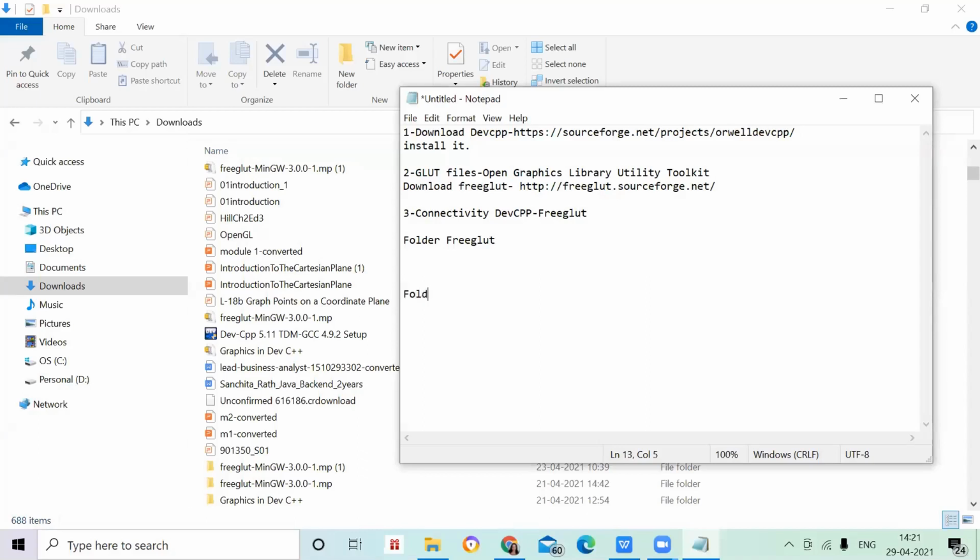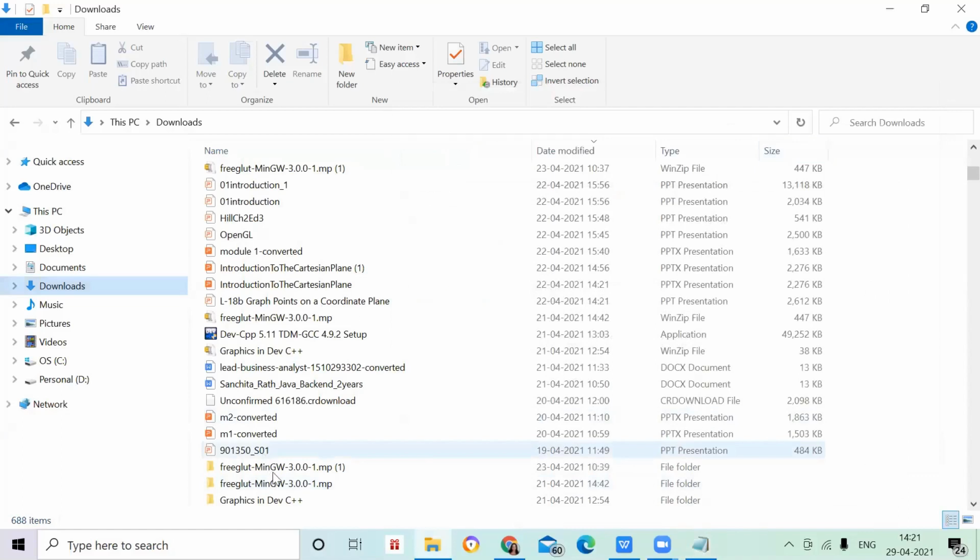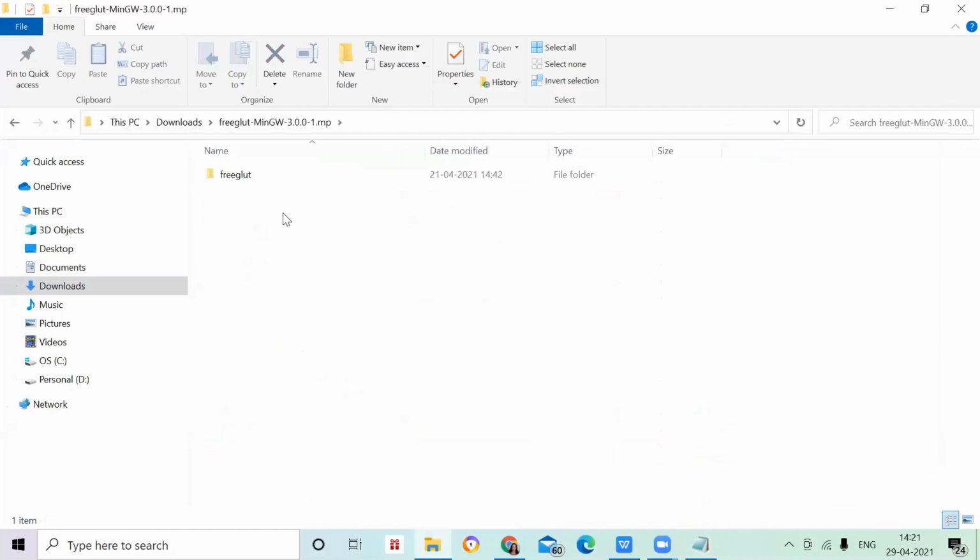I'll tell you how to do it. One more folder will be Dev-Cpp. I have this freeglut folder here, right? You have to open this freeglut folder. Once you unzip, you will get this folder. Just note everything down.